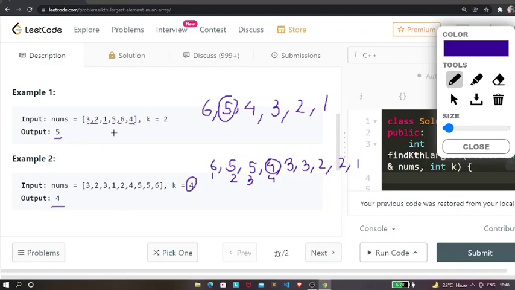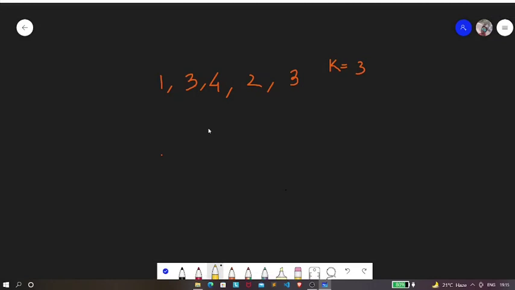Now let's understand the algorithm for this problem. By looking at this problem, what do you think is the first thing we need to do? First we need to get the largest element, right? One way to keep getting the largest element is to sort this array in descending order.